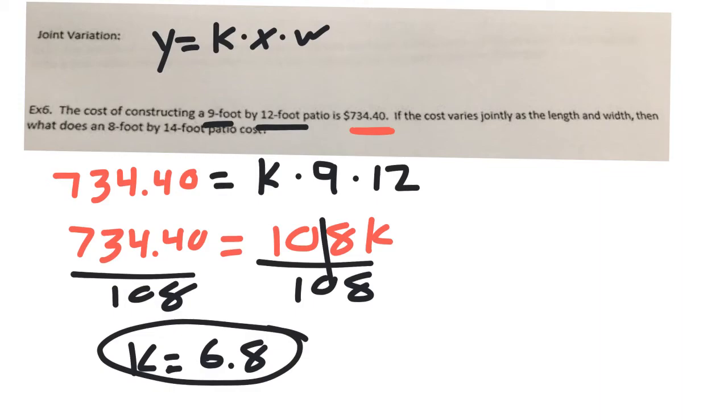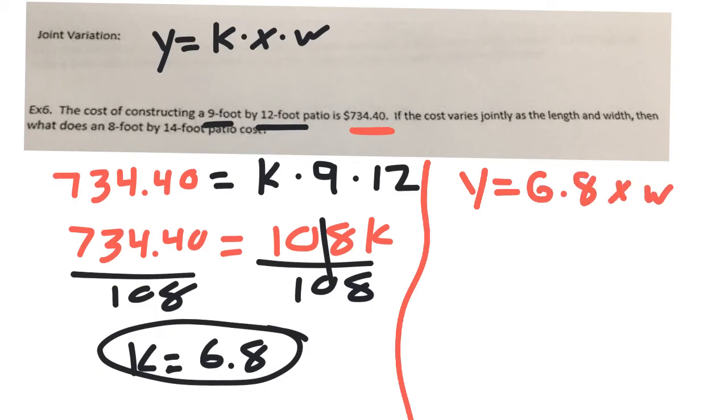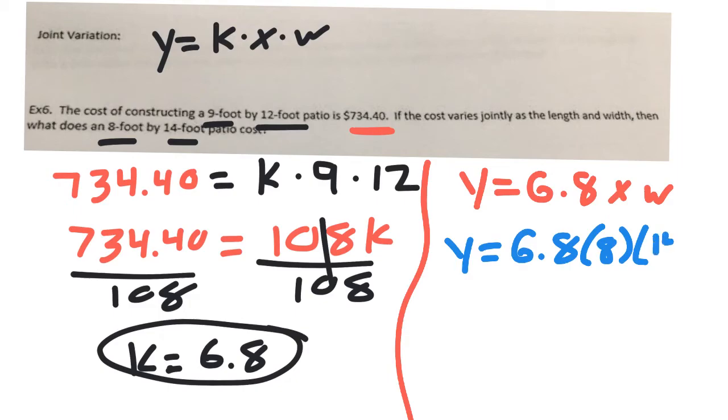So I'm going to take that and substitute that in for K in the original. So now I have Y equals 6.8 times X times W. Now we're wanting to do the same with an 8 by 14 patio. So now we do not know the cost, so we'll let that stay Y equals 6.8 times X. So we'll let X be 8 times W. We'll let W be 14. Then we multiply all three of those. We obviously get the value of